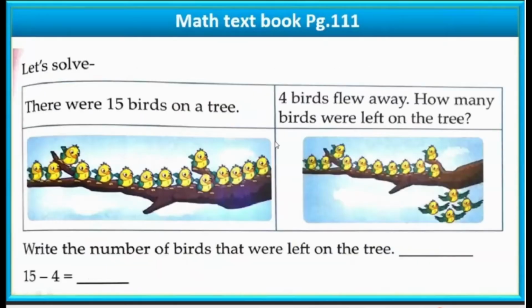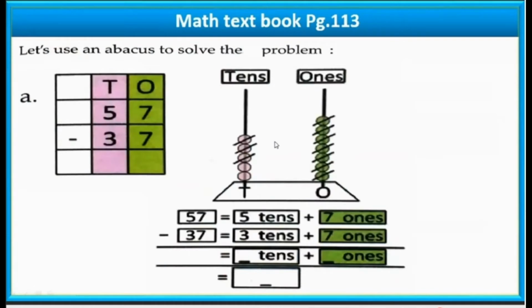In the previous class, we were seeing about the abacus, right? How to do it using an abacus, how to do it using the longs and unit cubes. So now we will be having a small glance at abacus writing. When we represent on paper, you will be striking out, right? We are going to see just one sum in that and then we will be moving on to the upcoming pages. Okay, yes. So take out your textbook and turn to page number 113.